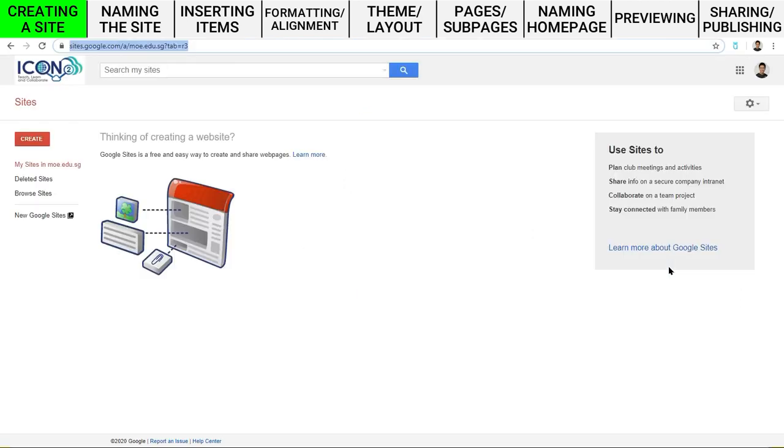It should bring you to this page. Now if you are going to click Create here, you will be creating Google Sites using the old system, where there will be lesser features. If you want to have more features, you should create your new site under New Google Site. So click on it,